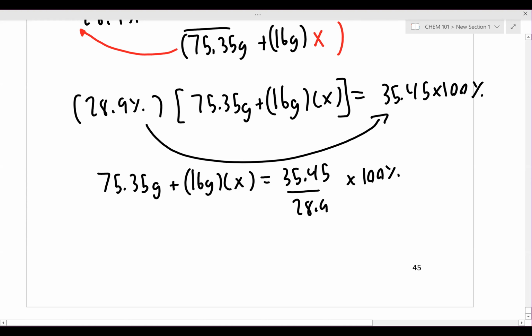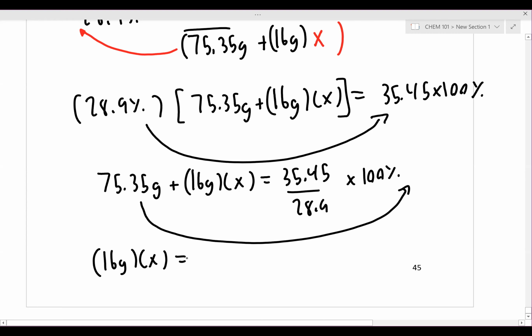We're then going to further isolate by subtracting this 75.35. So we have 16 grams times X is equal to, and let's resolve this ratio as a number. So I'm converting this number and we get